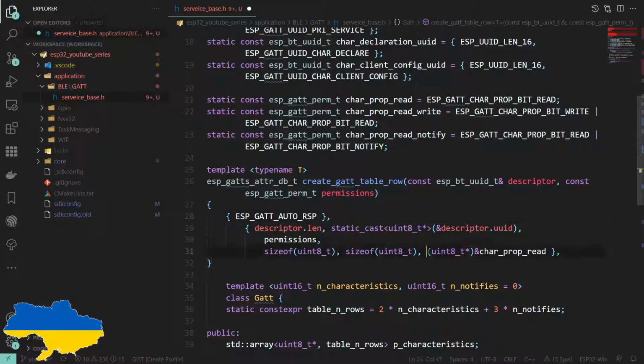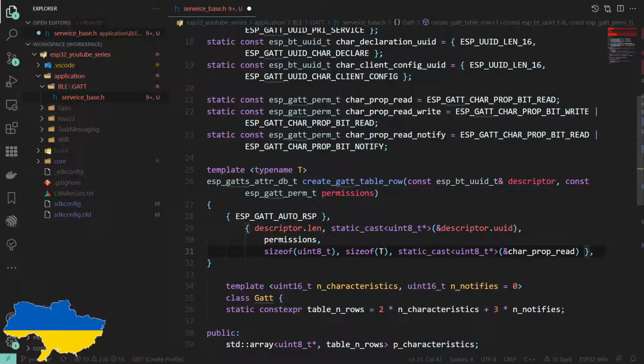But we may want to hold a float, a uint8, a uint16, an int8, an int16, blah blah blah, a string, so on and so forth. So this becomes size of T, and then this will be a static cast. In fact, exactly the same as this, because the API expects raw bytes, or a pointer to the start of the memory where this number of bytes is held.